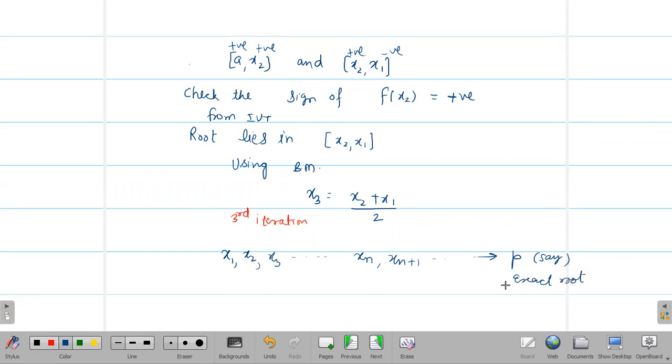This is the procedure of the bisection method. You always find the interval by using IVT, then bisect the interval, then again check the sign at that number, then again you select only the interval in which you get opposite signs, then again you take the midpoint of that. So this is the procedure of the bisection. So now the question is, what is the stopping criteria? Before going to the stopping criteria, first we see graphically how it works. Suppose this is the function.